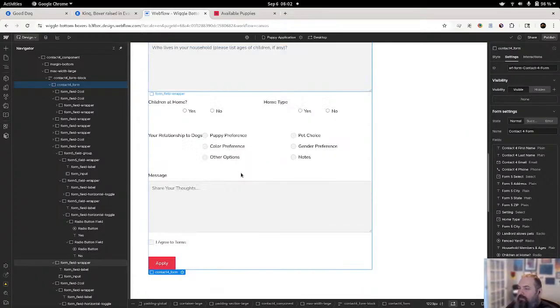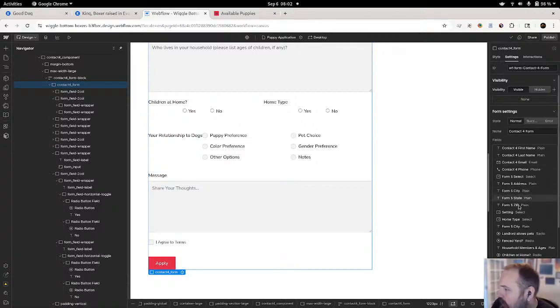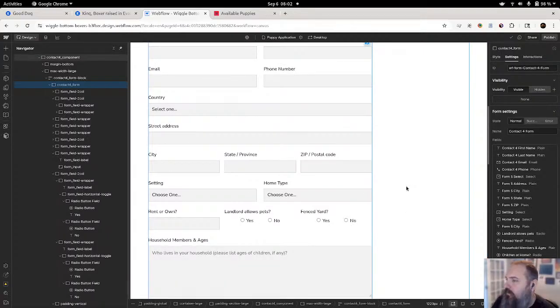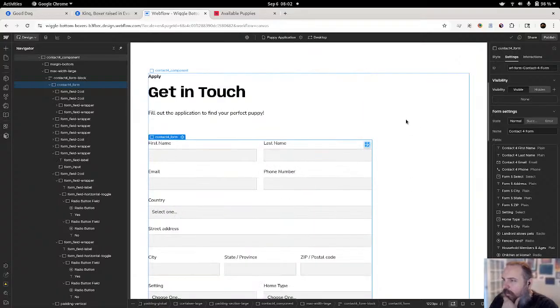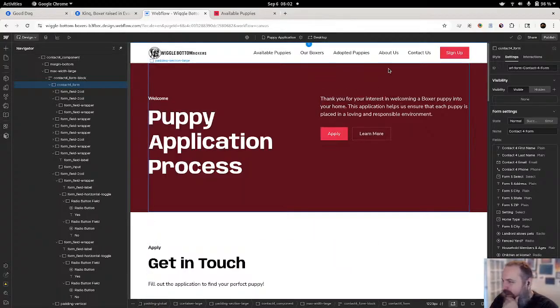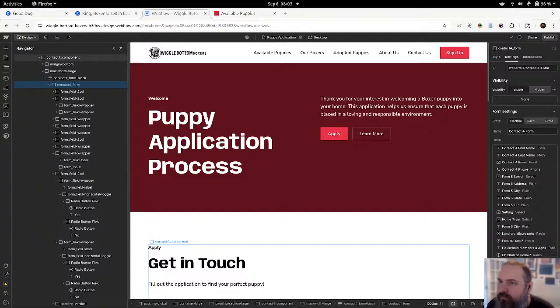I'm actually kind of ready to take a break because this form is tedious. Super tedious. And then I still got to go back through here and fix all of these as well. But then I'll be basically done with the site, which I'm super excited about. I'm ready to be done with this project so I can move on to my next one, because other projects are fun too.